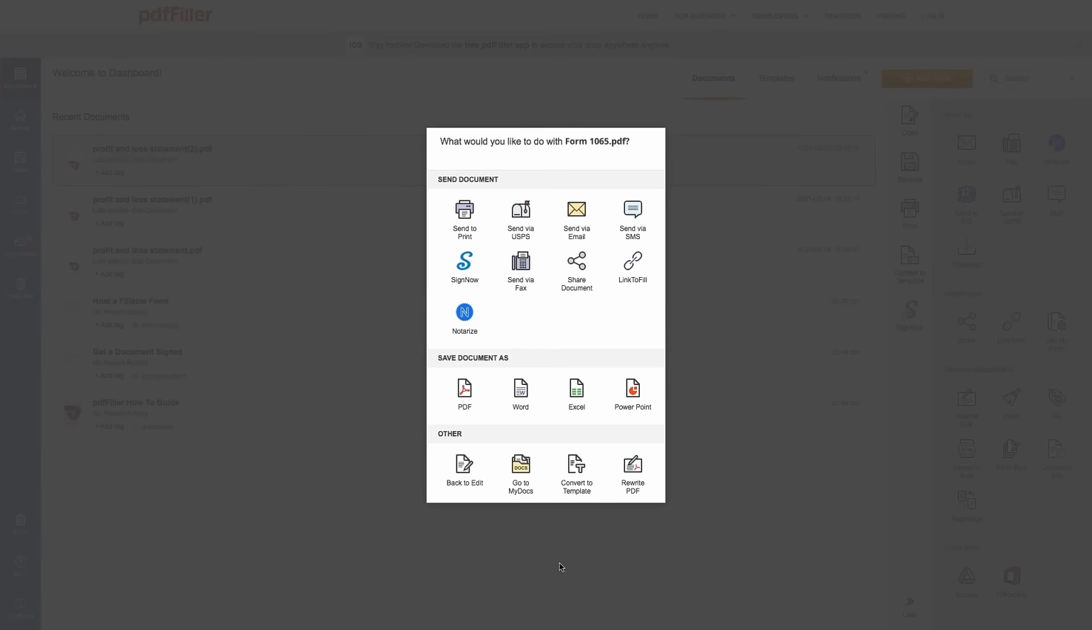Choose what you would like to do with your document next. Print out the resulting document, share it with anybody via email, fax, SMS, USPS, or shareable link, send it out for signature, save it to your device, convert it into a template, or continue editing your